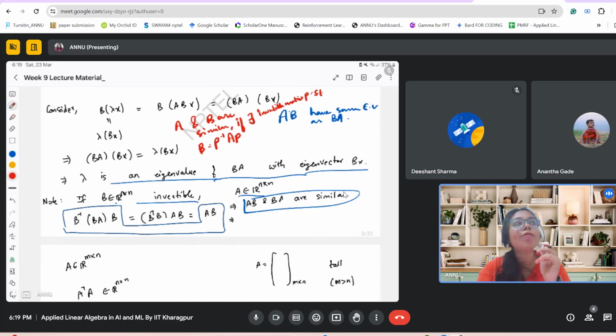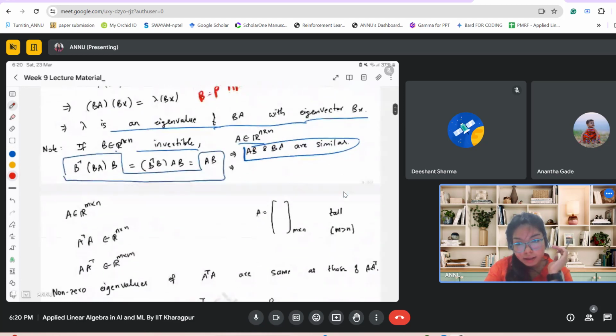So similar matrices have some properties. What are those? The first property is the same eigenvalue. If they have the same eigenvalue, as we know, there are matrices where with the same eigenvalue you can have the same eigenvector as well. So using that same eigenvector, you can determine orthogonality and symmetricity or positive semi-definite matrices out of that. So these are some use cases of